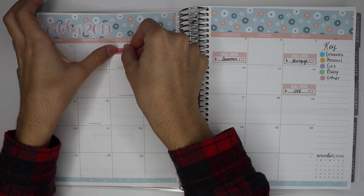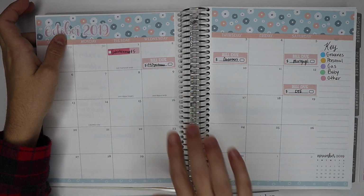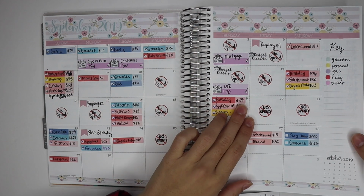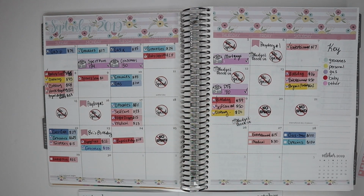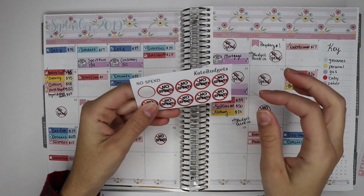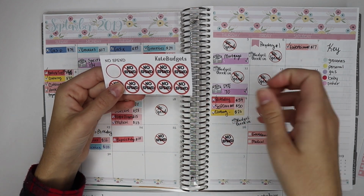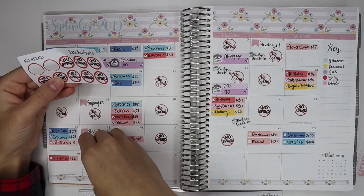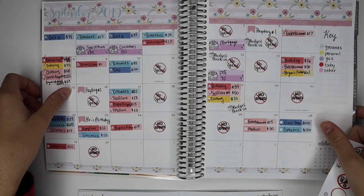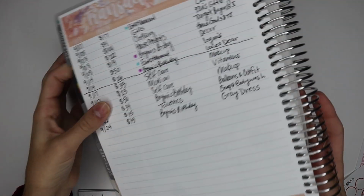So I'm going to put that down here. And then today is the 2nd, so I'm not going to mark today as a no spend yet, because if I buy something, then I don't want to have my no spend down on there. I am, however, going to mark the 26th and the 30th as no spends, and these no spend stickers are from my shop. So I'm going to put this one down on the 26th and then one down on the 30th. So there are those. And now I am done with the calendar,